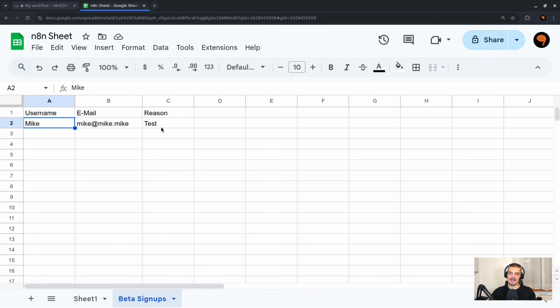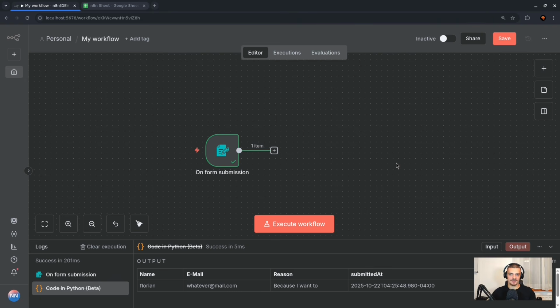Now what I want to happen is when I submit the form, I want a new row to be appended to this table so that the data of the sign up is now in my Google Sheet. In terms of n8n, this process is quite simple, but we still need to go through the Google process as well. So we need to go to